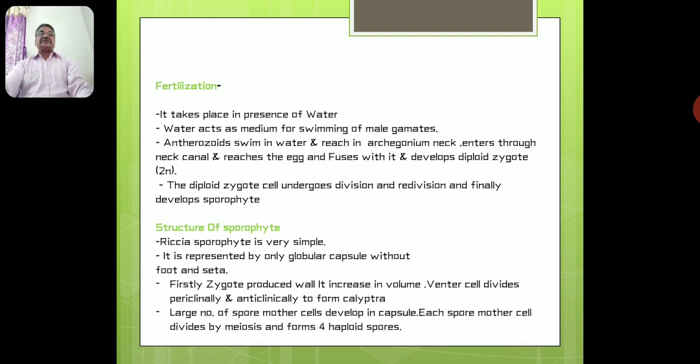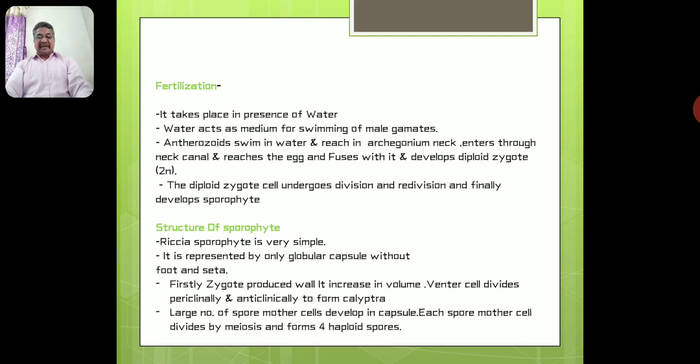Fertilization takes place in the presence of water. So very typical for fertilization in Riccia, presence of water is a must. If there are dry conditions, if there is no moisture content in the atmosphere, then no fertilization will take place. So presence of water, moisture, is very essential for reproduction or fertilization in Riccia. Water acts as a medium for swimming of the male gamete, that is anthrozoid. Anthrozoid swims in water and reaches the archegonial neck, enters through the neck canal and reaches the egg and fuses